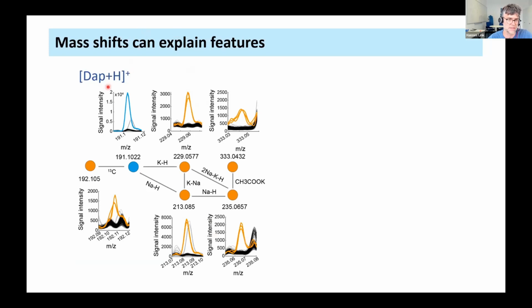This is the spike-in standard for diaminopimelic acid, DIAP. You see this is the protonated peak, but then we had these additional ion peaks, 1, 2, 3, 4, 5 additional ion peaks. By using these mass shifts, we can connect them to the protonated form, and that way explain them. And there are different explanations.